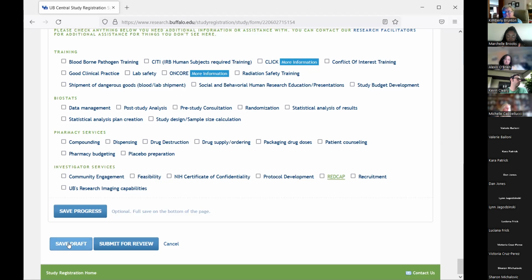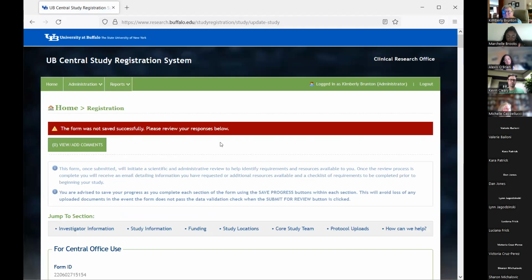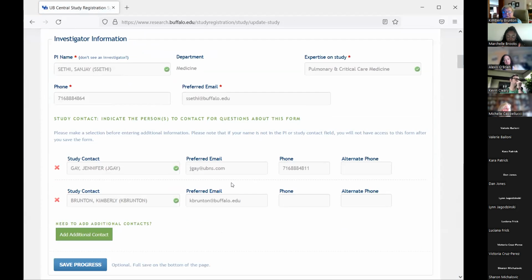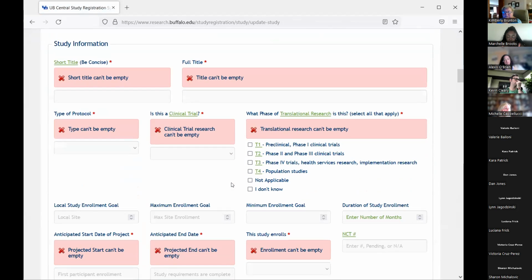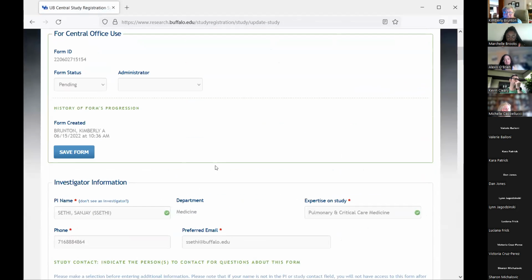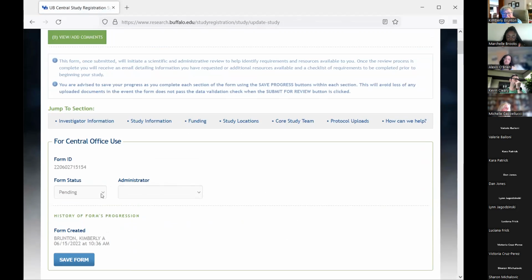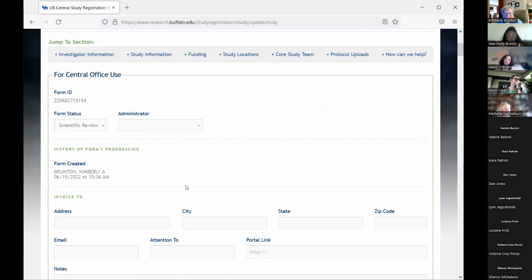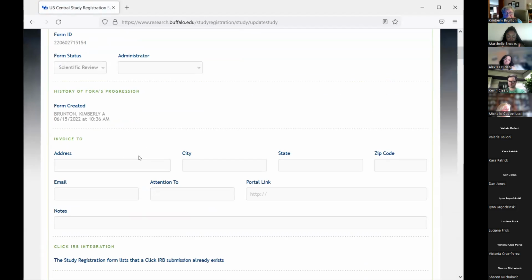Again, you can save the draft if you have not completed it in full. It does not do field verification at that point, but once you submit for review, it is going to do field verification. Then it's going to tell you there's something wrong here, you haven't filled everything out. You can go down and see what's missing, and it will flag whatever is delinquent. Once you fill that out, you can do that. I just want to, I can go to scientific review here. Oh, it's not going to let me. Okay, so